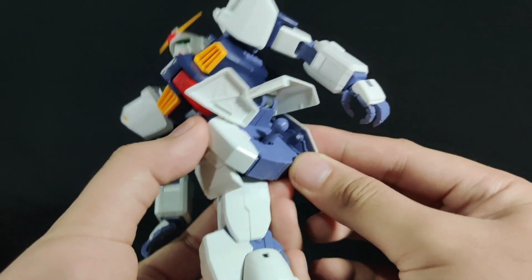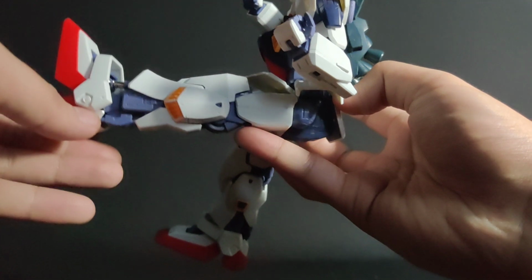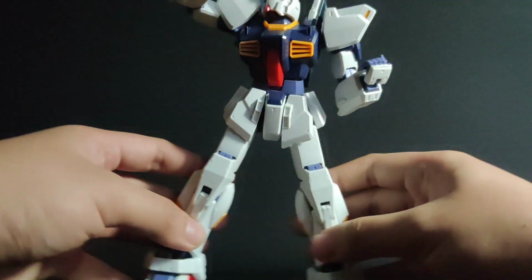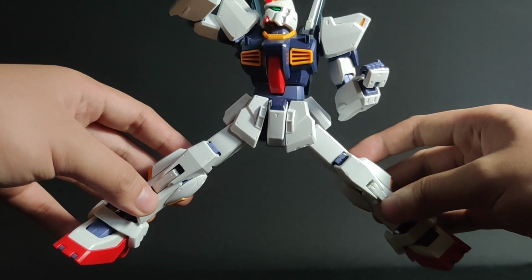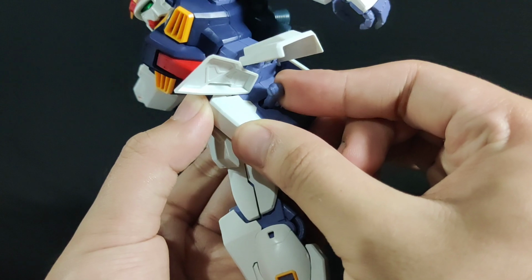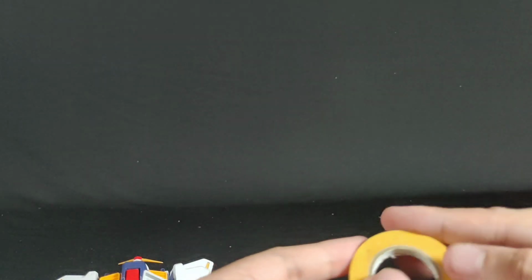The hip joint is in this old school ball joint and it's on a track. Lets the leg go up just this high, this much back, meh. Just an okay split because of those ball joints. And man, are they loose. Let's see if I can at least try to make things better by adding some tape and...